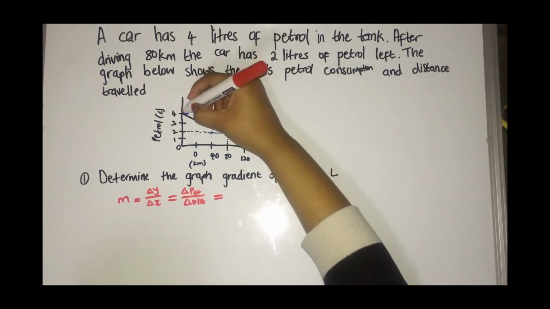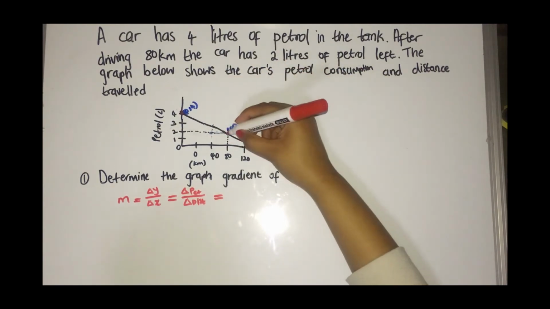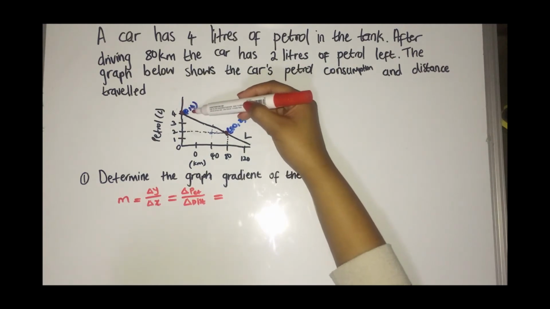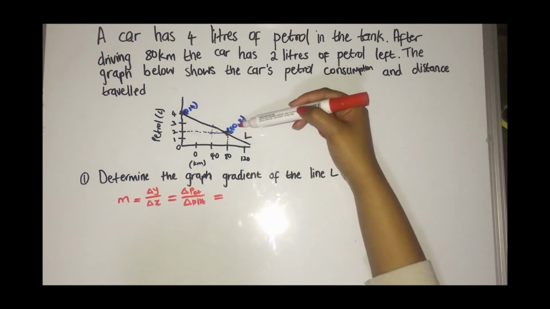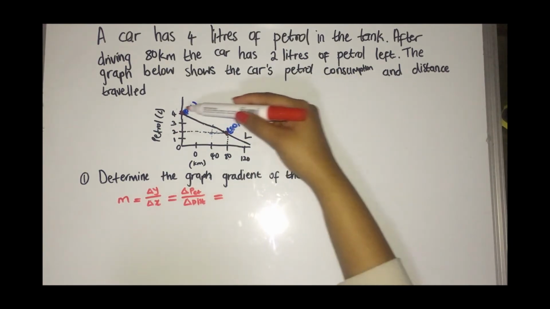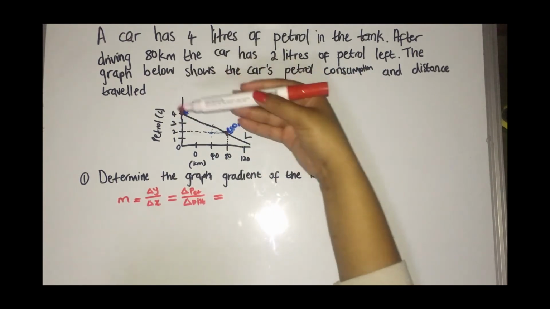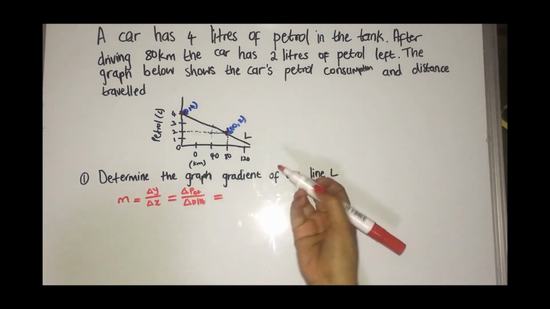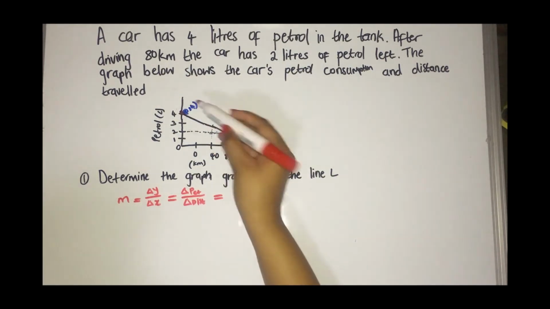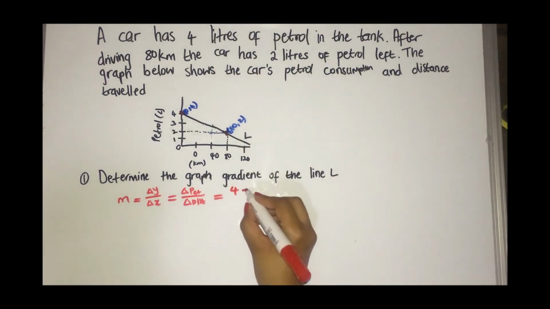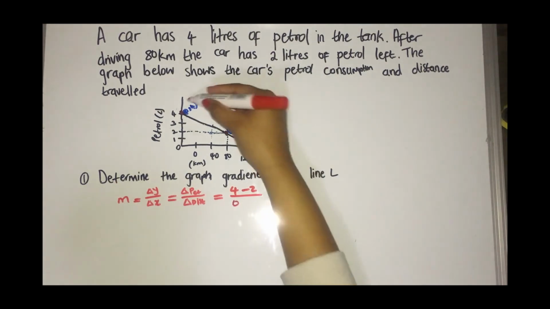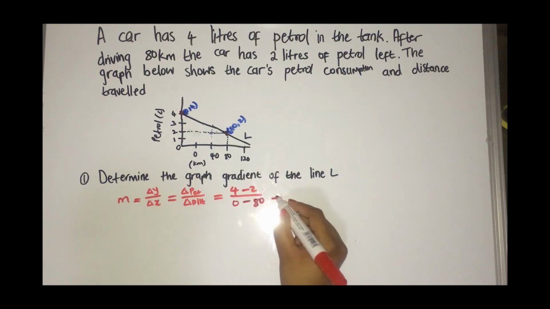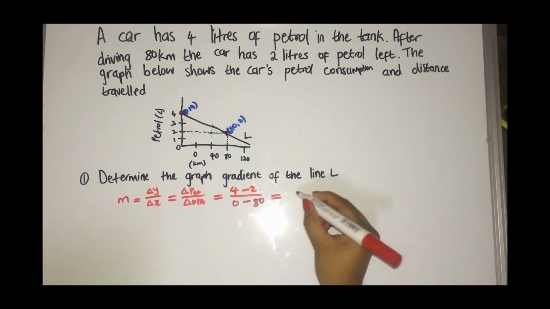So I'm going to point at this point, which is quite clear, and another point. We can see that here x is 0 and y is 4, and then x is 80 here and y is 2. Since it's a straight line you can take any points, because this drawing is not up to scale. So our change in y is 4 minus 2, over 0 minus 80, because it's minus our x. Then you punch it into the calculator. 4 minus 2 is 2, divided by 0 minus 80 is negative 80, so we get negative